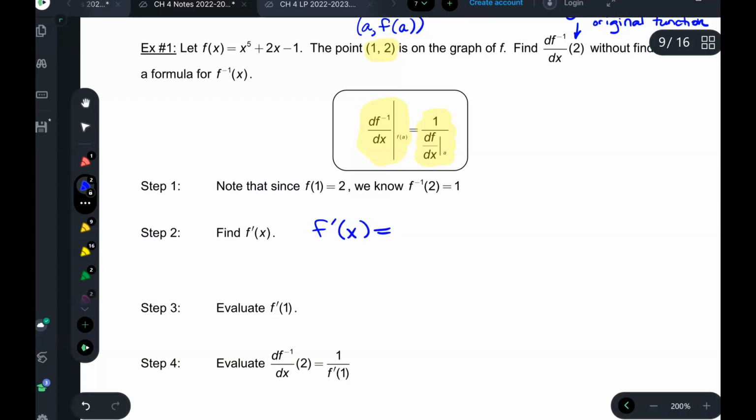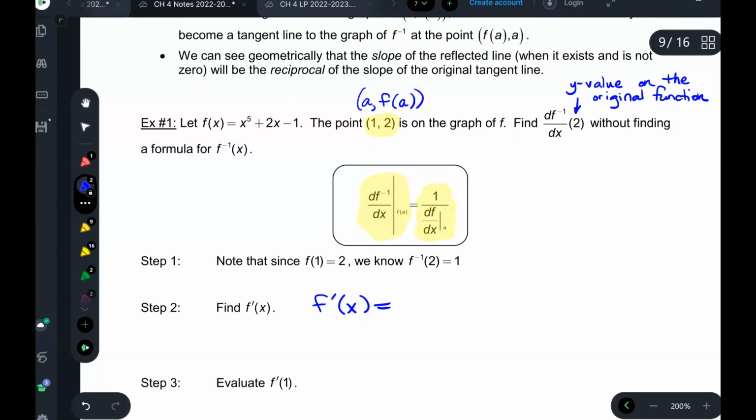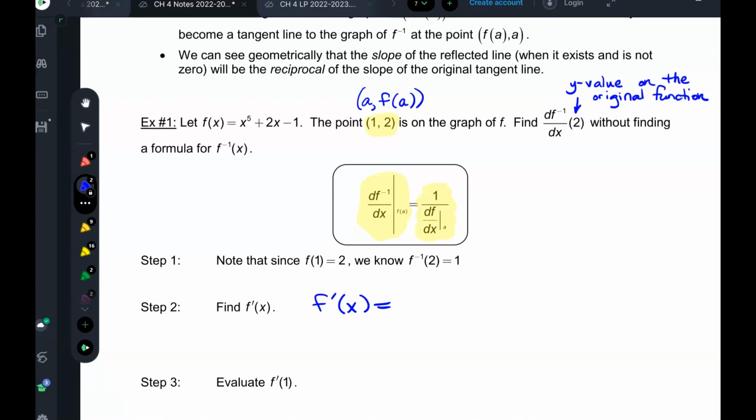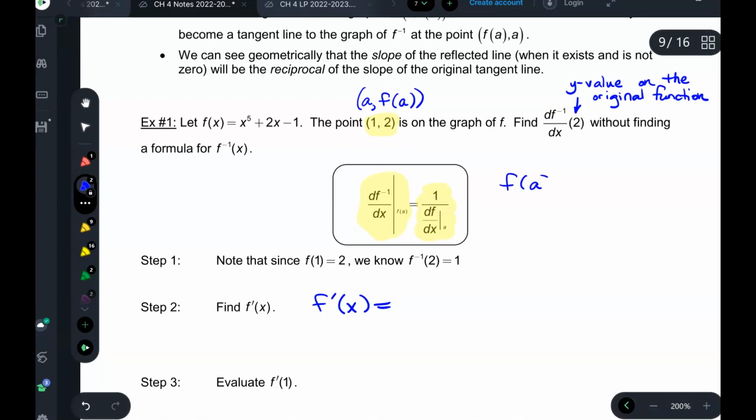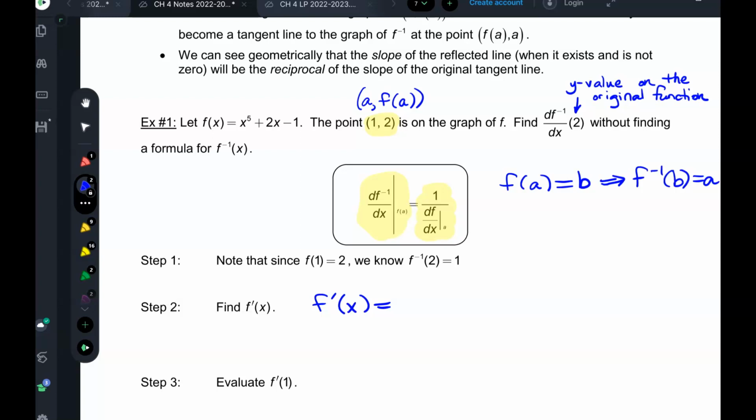Right, so if I said f of a equals b, this implies f inverse of b equals a. Okay? All right, so let's find